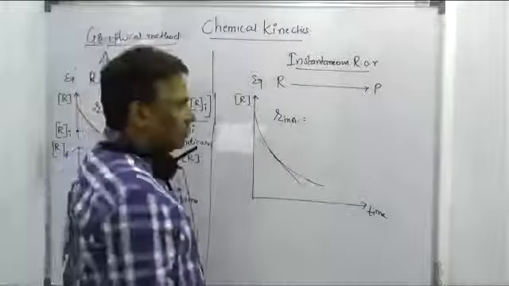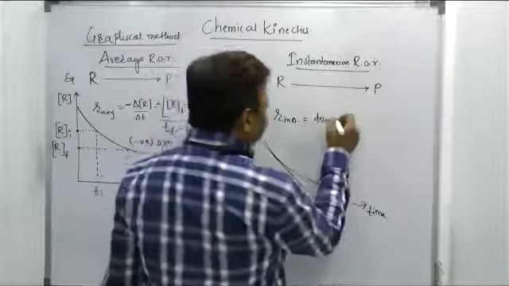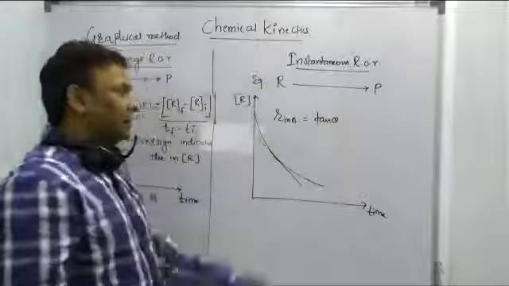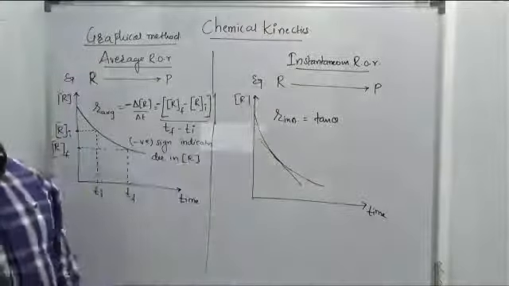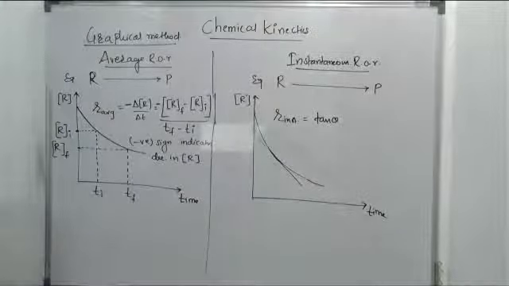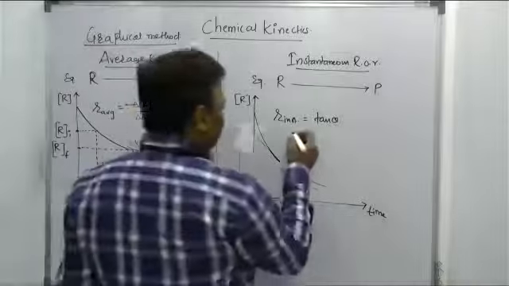That is equal to finding the angle theta. Get the slope. By getting the slope, apply the value of theta. Tan theta gives rise to what? Instantaneous rate of reaction. In this case, the slope versus time curve gives the instantaneous rate of reaction. Got the point? I'll write here, beta.